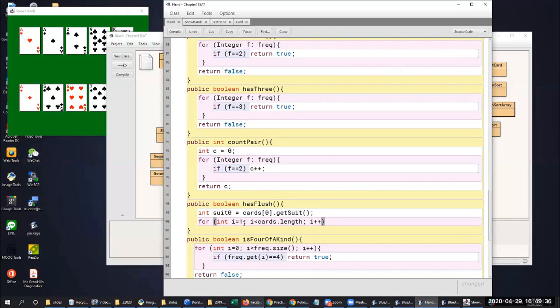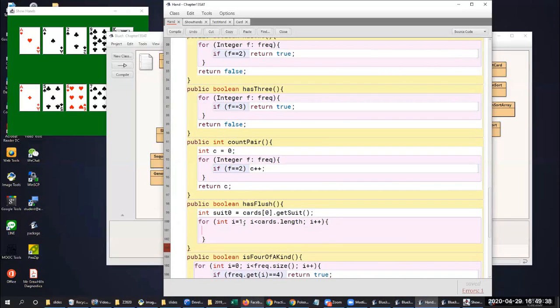So we are not checking the first one, because the first one is the same as itself. Now if cards of i .getSuit not equals suit 0,